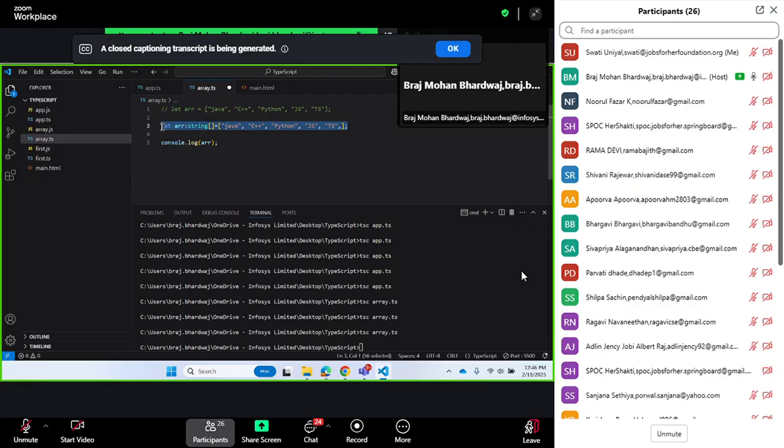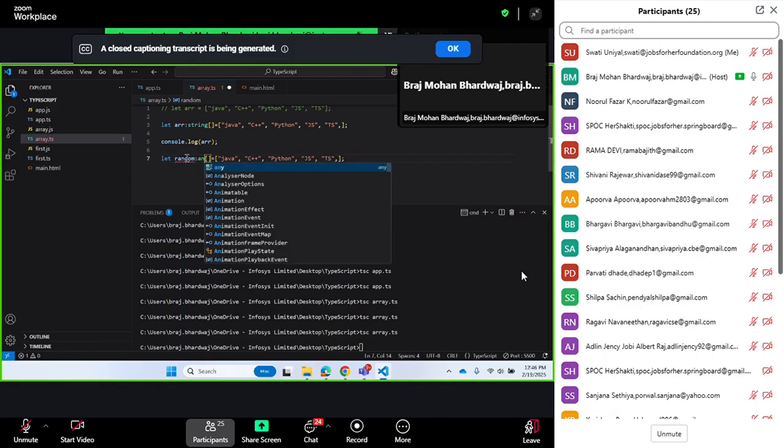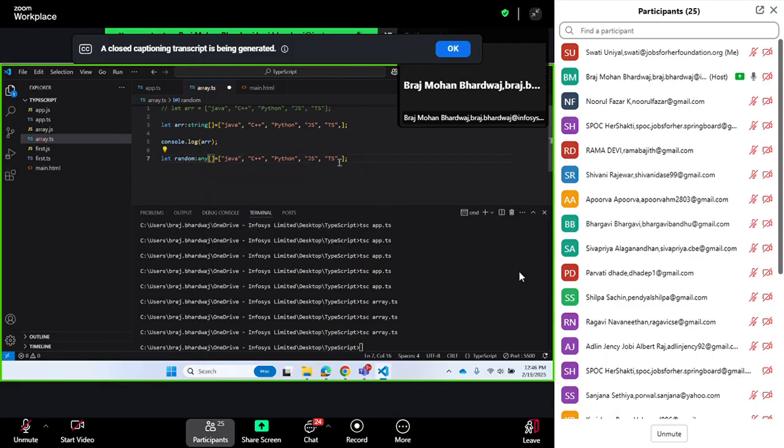For that, I'll quickly copy this. I'll go down here. I'll name it random here. So what if you are using any? It's very simple. Instead of string, you simply type any, and whatever you feel like you can enter. You can enter 100, you can enter true, whatever you feel like you can enter. No errors are thrown, you can see. Now another way is,